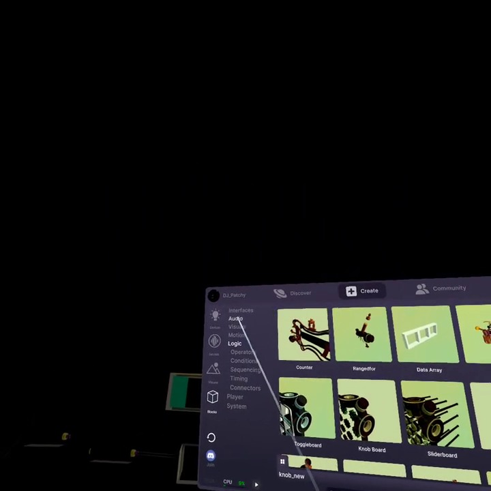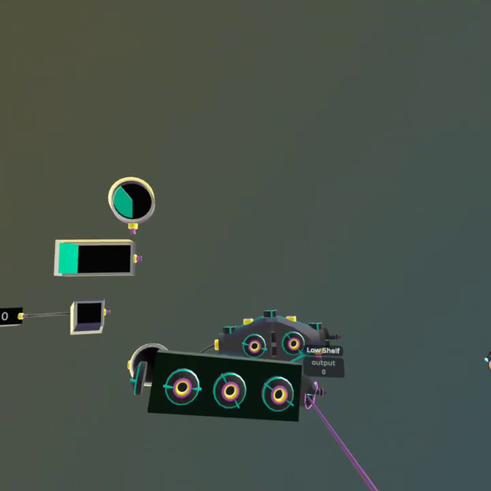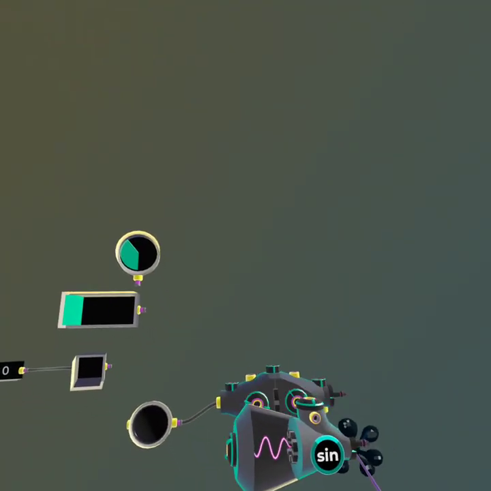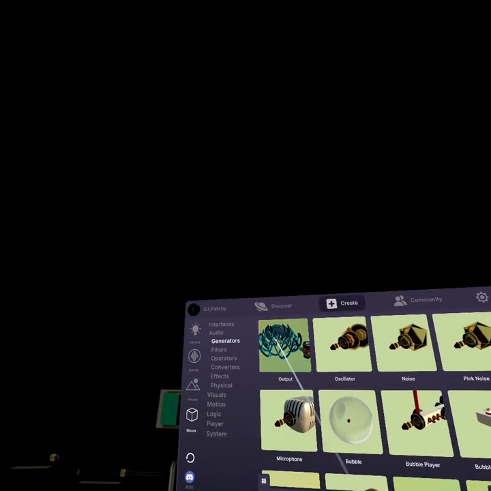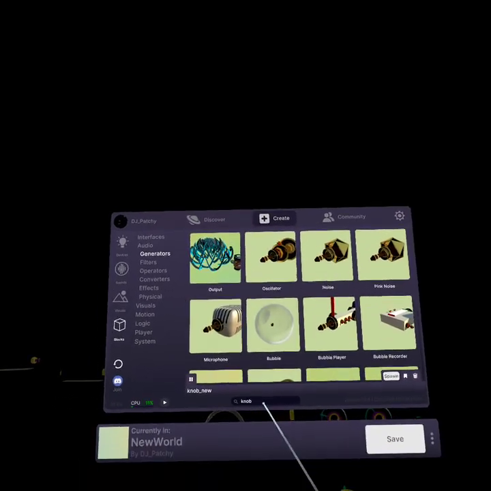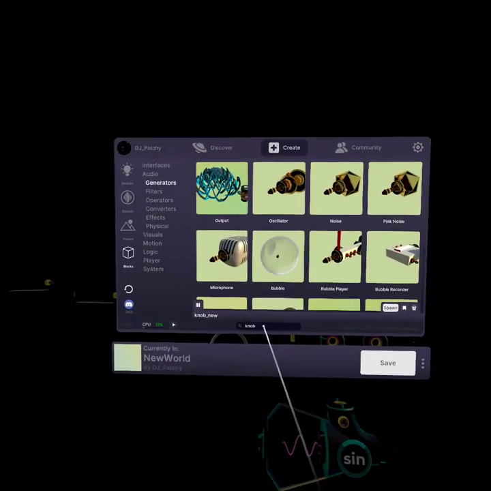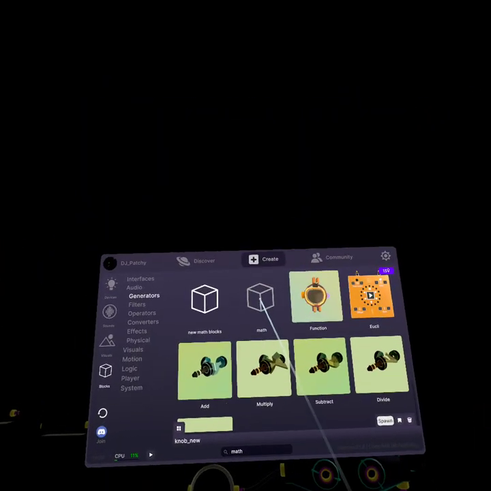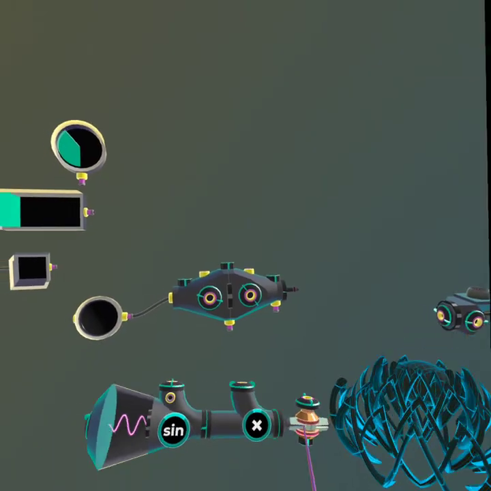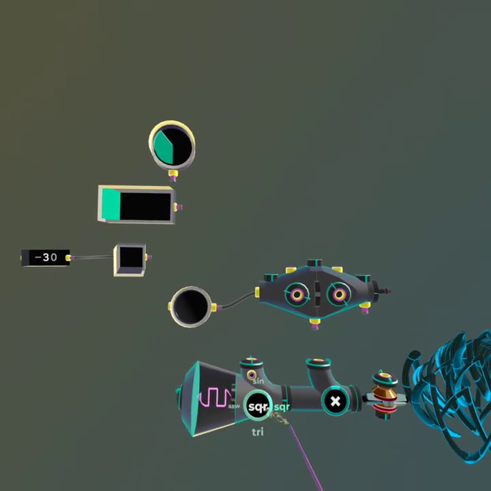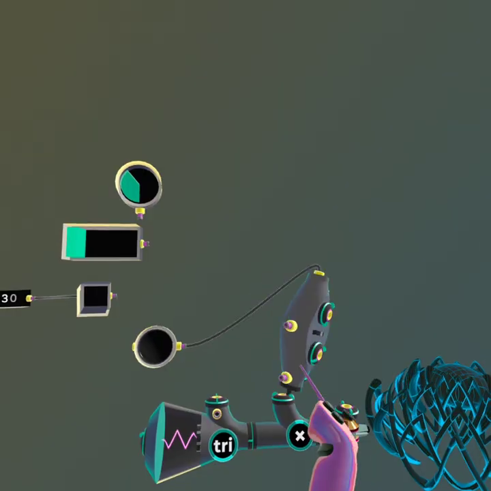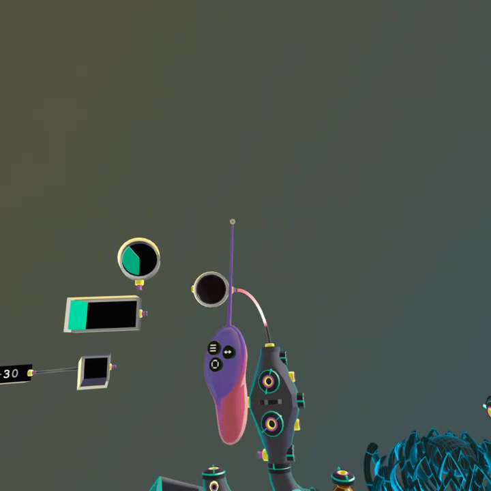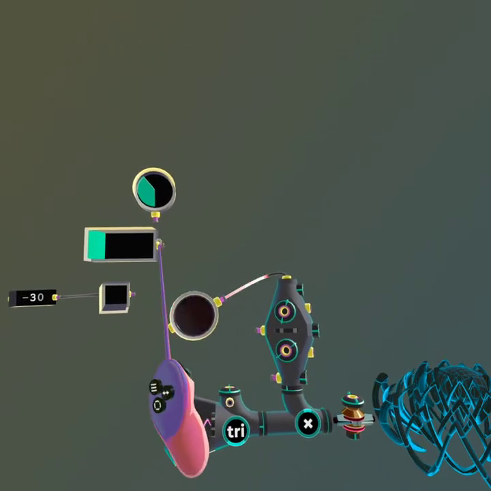Let's take an example quickly. Generators, oscillator, and output. And let's take the new math block. Let's go. So we're gonna multiply this signal, and we're gonna put the envelope here. So if I just hit this trigger button,